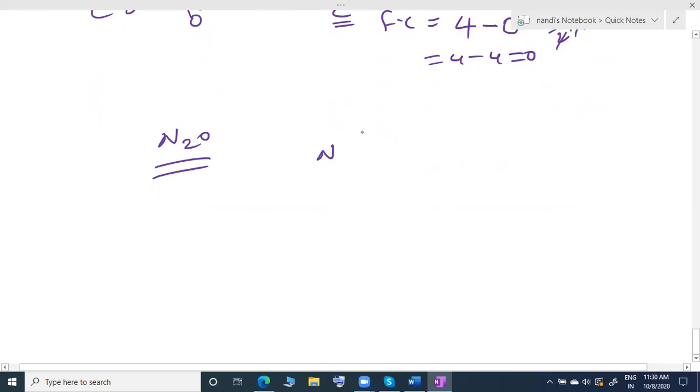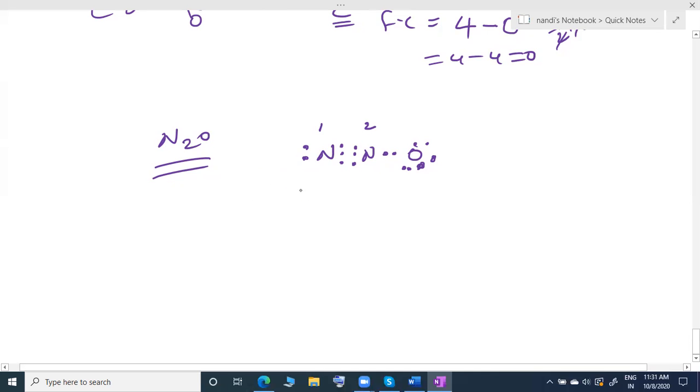So I'm giving the structure here: N, lone pair of electrons, 3 electrons, Lewis dot model I am writing here, and oxygen. So here, 2 electrons they are keeping as bonds, okay, so 2 more electrons. This is the way the structure is given: nitrogen 1, nitrogen 2, and oxygen. Okay, we can try it. So each nitrogen has 5 electrons, and oxygen has 6 electrons also here.